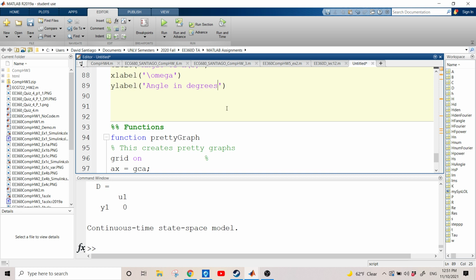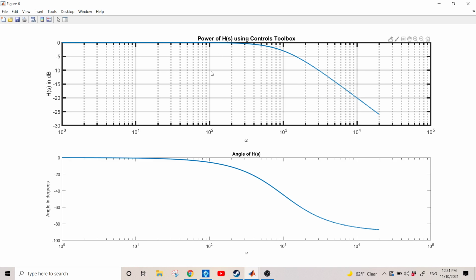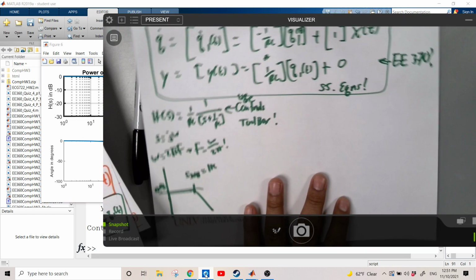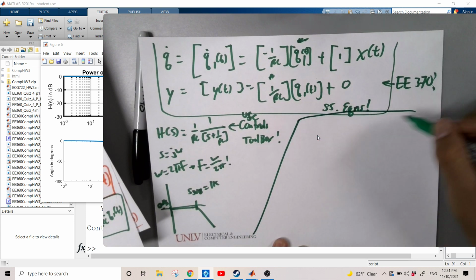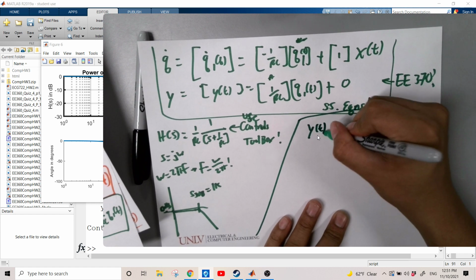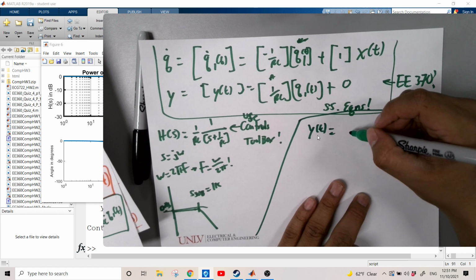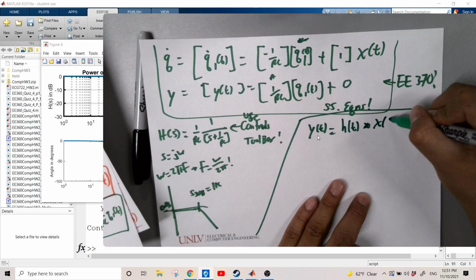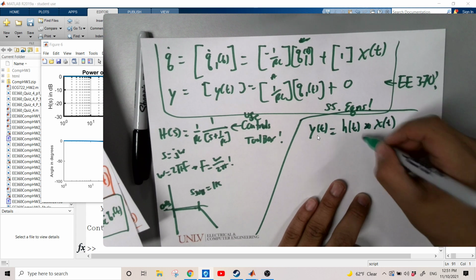Alright. So what I'm going to tell you guys, everyone. Okay. So Dr. Stever mentioned this in class, and this is really, really important. He said something in class where you can figure out the output. You can figure out the output based on looking at, let me think about it. You remember this h of t convolved with x of t, right? Remember that? You can solve for any type of system